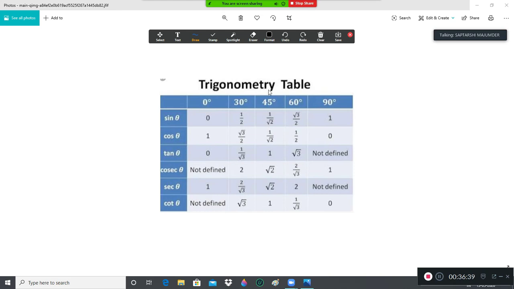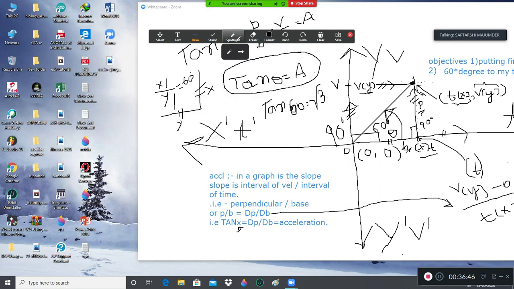So this tan theta's value at 60 degrees is root 3, so I'm crossing it. The whole journey we have traveled, we started from 11:49 and now it's 12:15. We have discussed a vast thing here, but don't be tensed. Just remember it and think about it very casually.